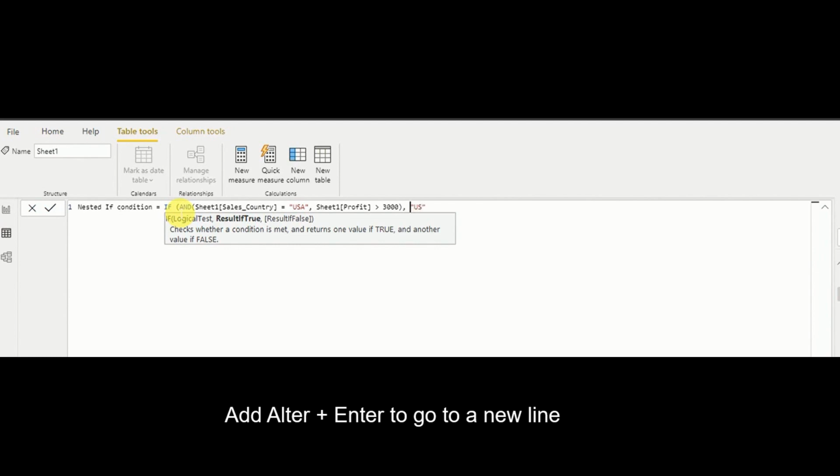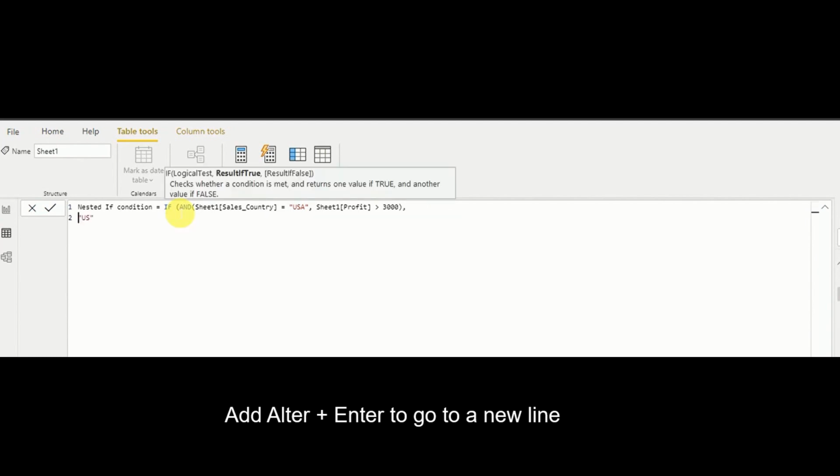We write it in a different row. For that we press Alt+Enter, so it is a bit clearer. We can say "US target achieved".